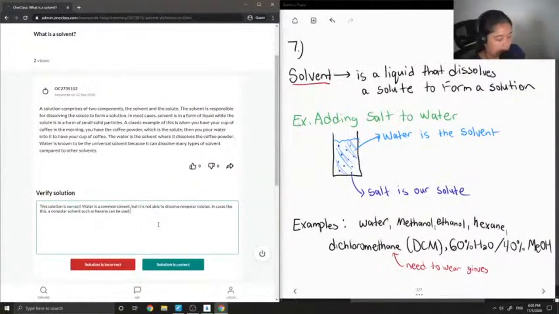Let me just also add, since like dissolves like. Okay, solution is